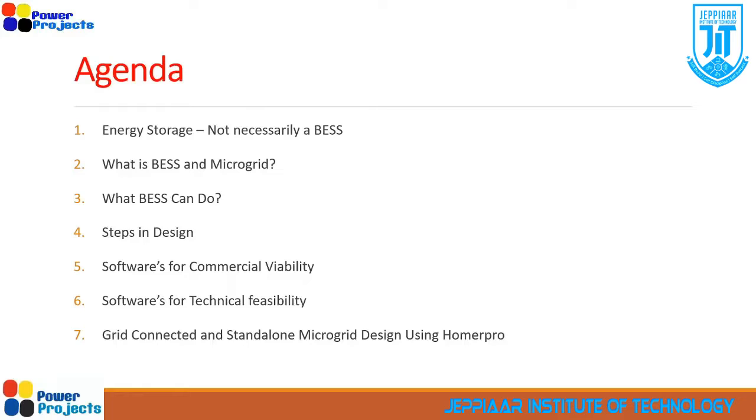Then software used for a commercial viability check. For any project, you need to validate its commercial viability. For example, if I have designed an extraordinary mobile phone and I am selling it at maybe 5 lakhs, nobody will buy that. So we need to make the project commercially viable. In order to make any battery energy storage system or microgrid project viable, what software is used? One among them is Homer Pro. That's what we are going to discuss in more detail, along with some industrial case studies.